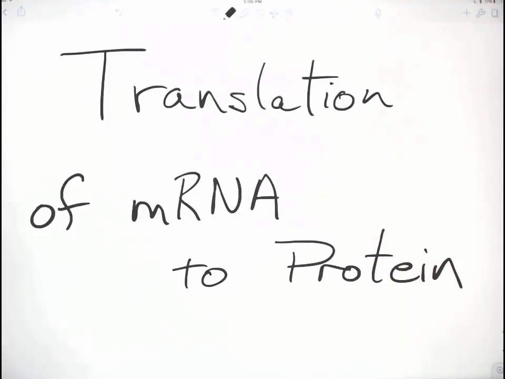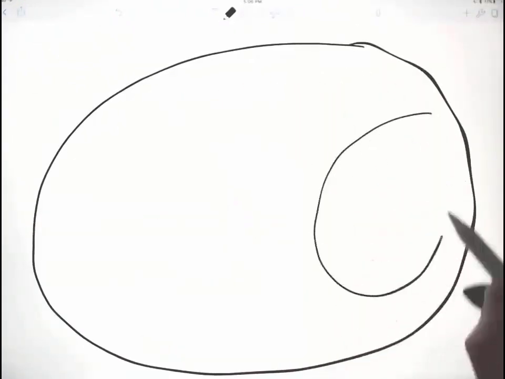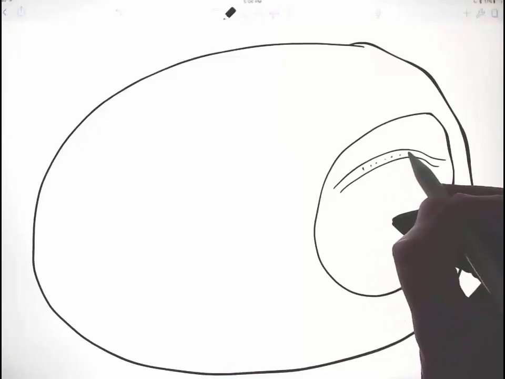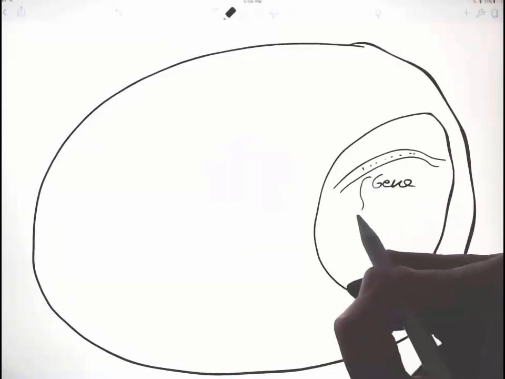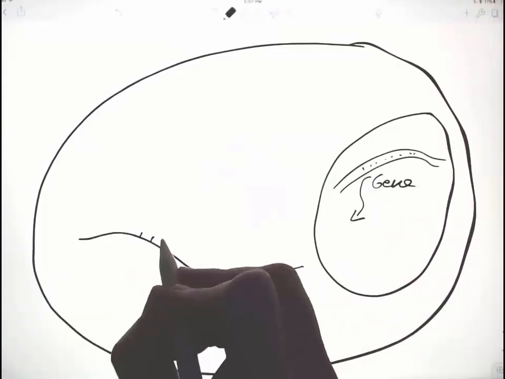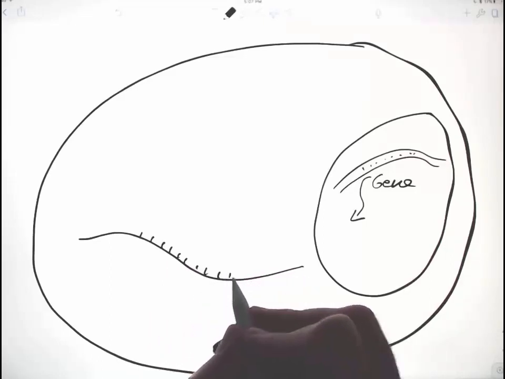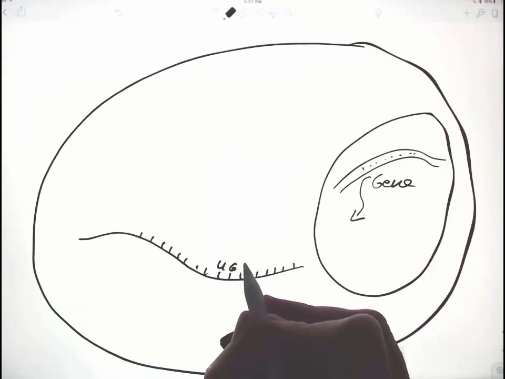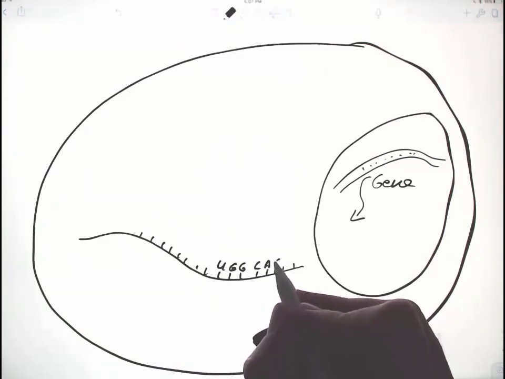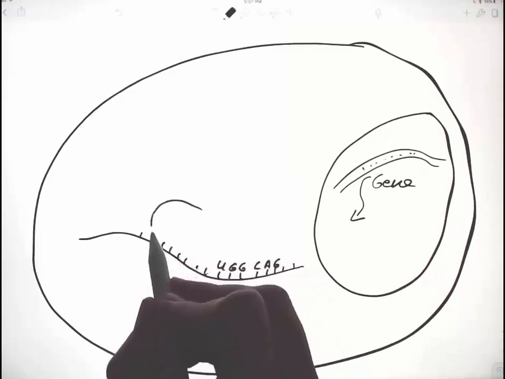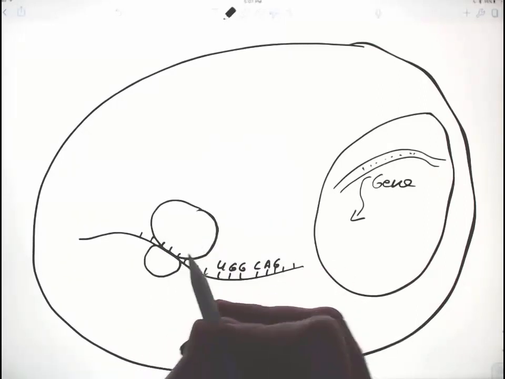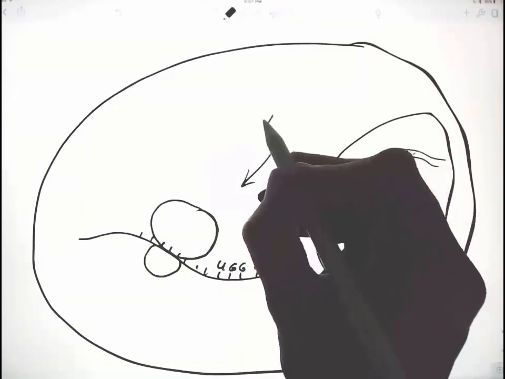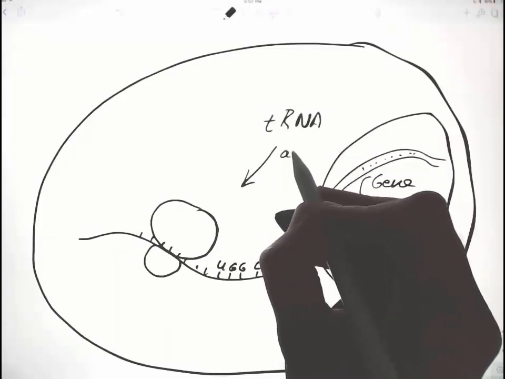How is the information in messenger RNA used to construct a protein? Here's our cell again, the nucleus with the DNA, the base pairs for the gene for which we made messenger RNA, and here's our messenger RNA strand with the bases along the single strand, and the codons U, G, G, and C, A, G. These codons will go through a ribosome, and in that ribosome transfer RNA with an anticodon